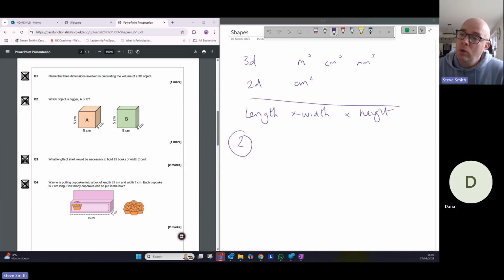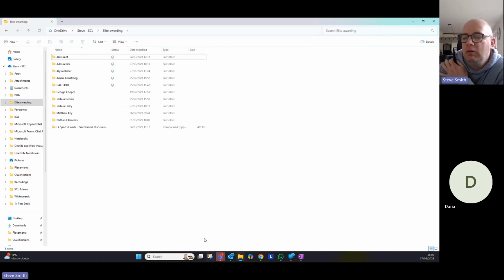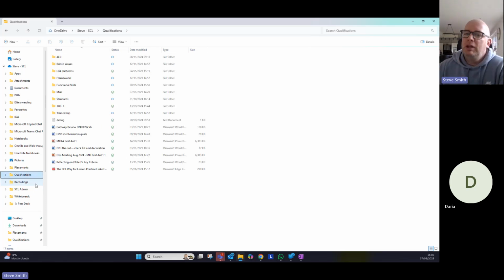Okay, so no, but if I show you, right, let me get this revision guide. So there's nothing stopping you, and I'm not saying write every single formula down as soon as you get into the exam, because that could take some time. But if you're thinking about the key ones that you need, for example, like volume, 3D, but think of it as being 3. You'll have 3 measurements on your shape. But if I show you,